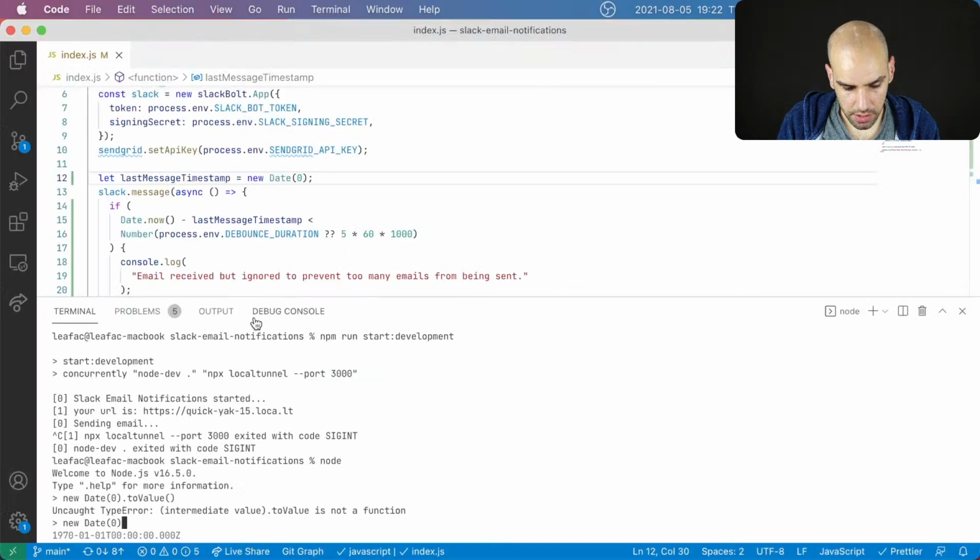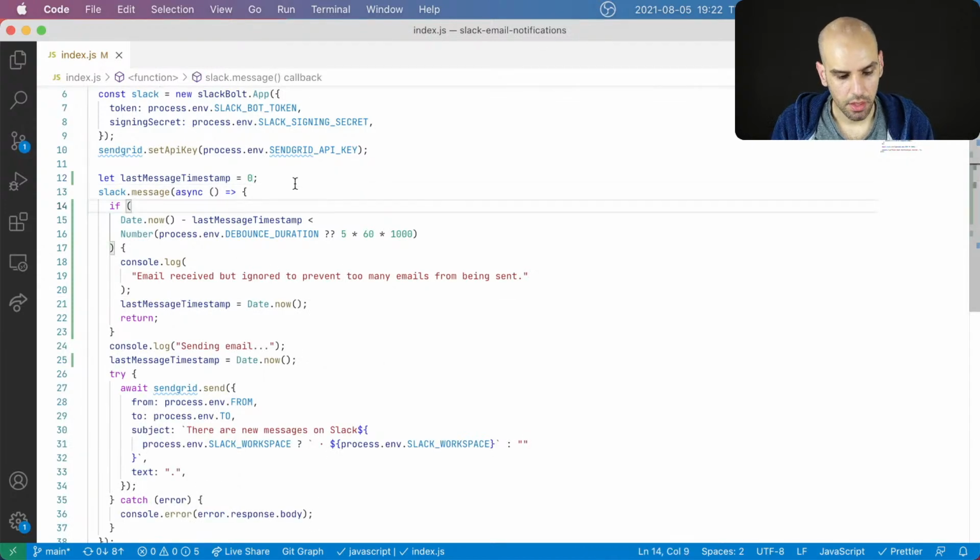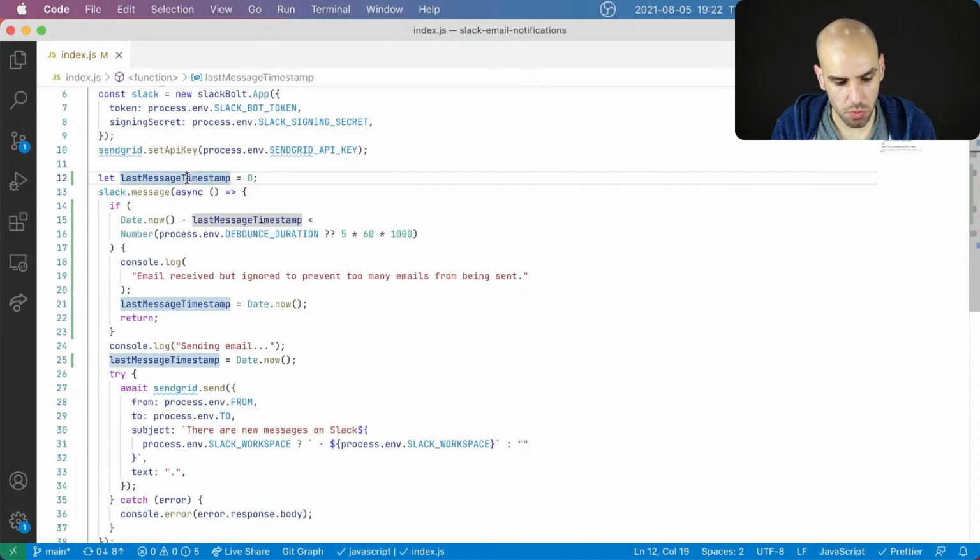It's getTime, I think. There you go, it's 0, so that's silly. I can just start with the thing being 0. So to begin with, the last message timestamp is going to be in the 1970s. That's all right.